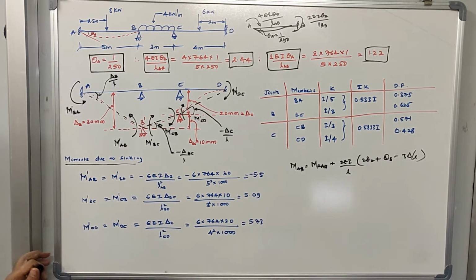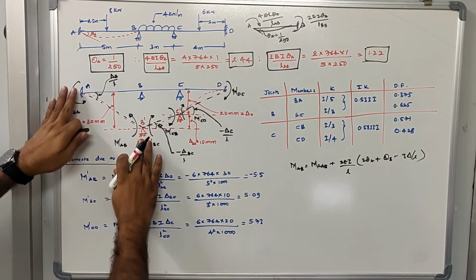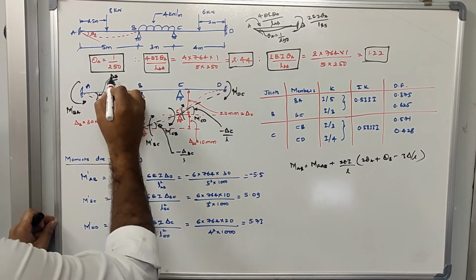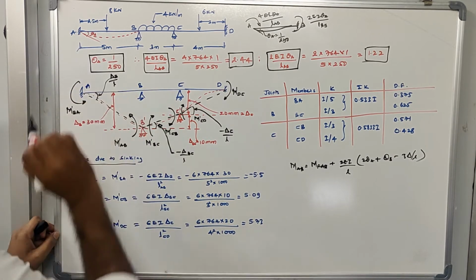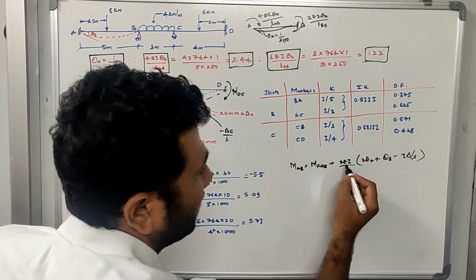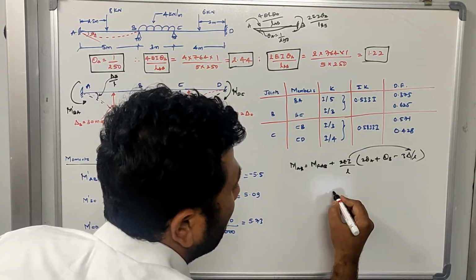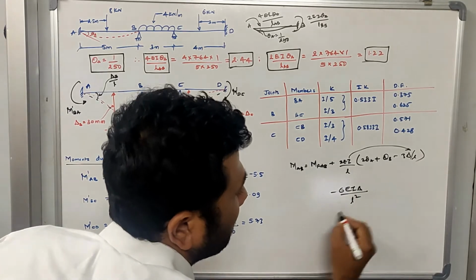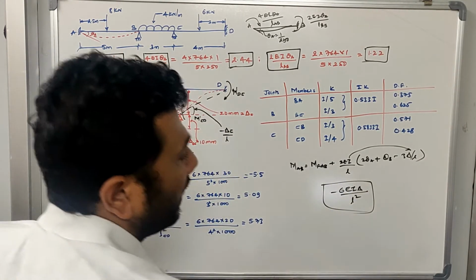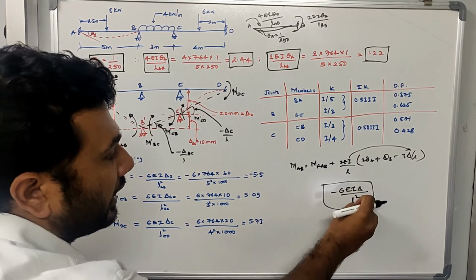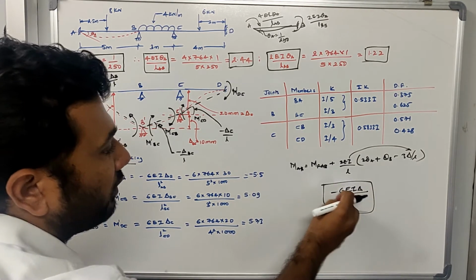Now see here, whenever the far end is at lower elevation and the near end is at higher elevation, you used to take delta B by L itself as a positive value. As I explained while deriving the equation for slope deflection, if I multiply this value and this value, it will give me minus 6 EI delta divided by L square. This is the moment that was created because of the translation of a joint of the member. So minus 6 EI delta divided by L square is the value that we have to arrive at.